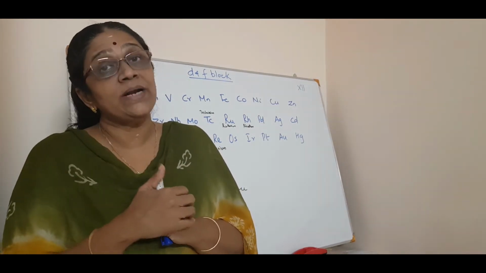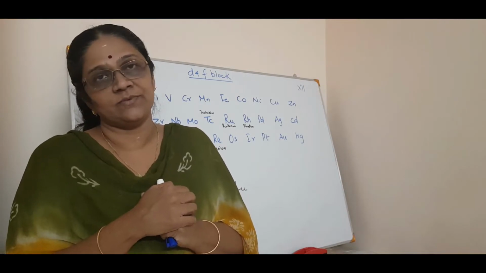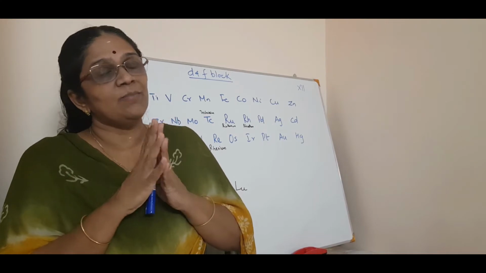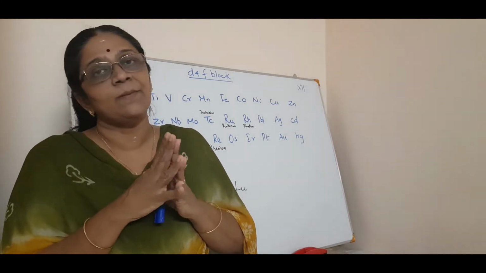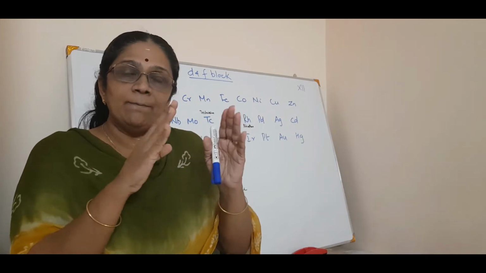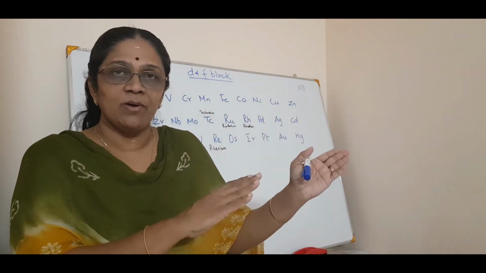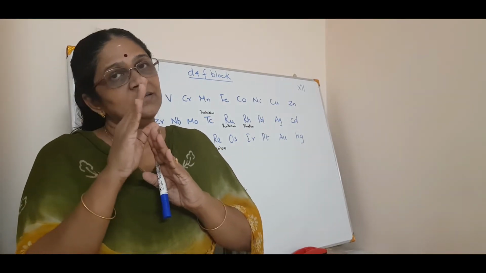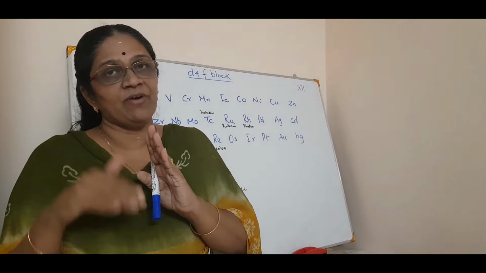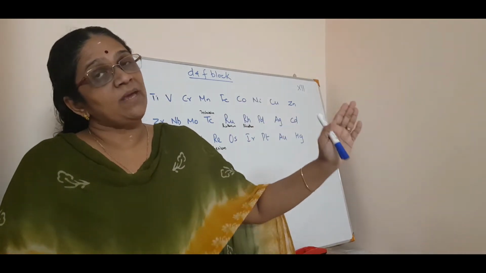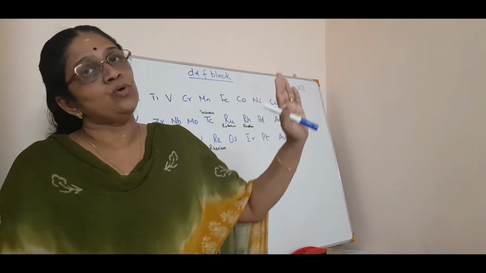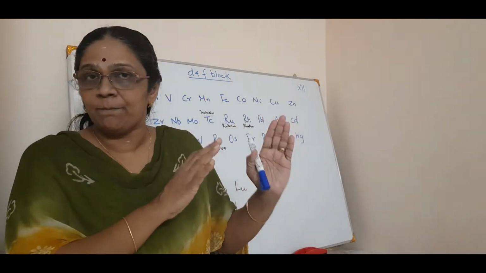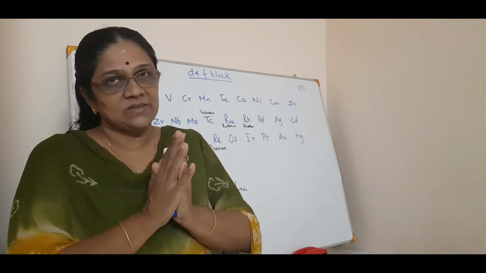Now we are moving on to the D and the F block. Now you know what the D block elements are or where they are located in the periodic table. In between the S block and the P block. We have studied the S block, that is hydrogen, and the second is beryllium, that family. Then we come across the P block, that means from boron to the halogen family. So in between the S block and the P block are the D block elements.